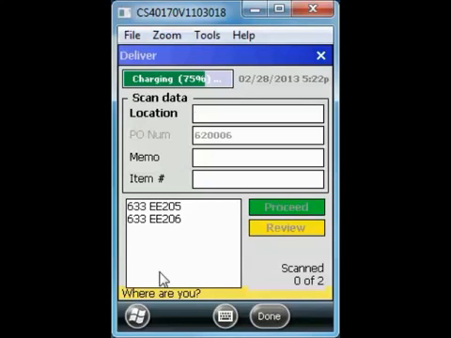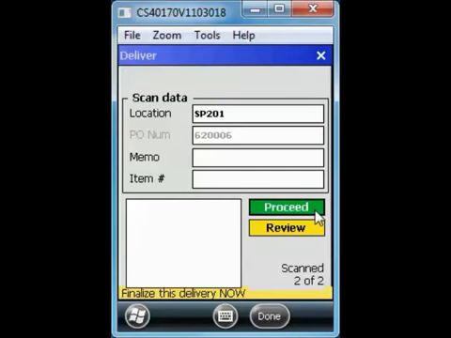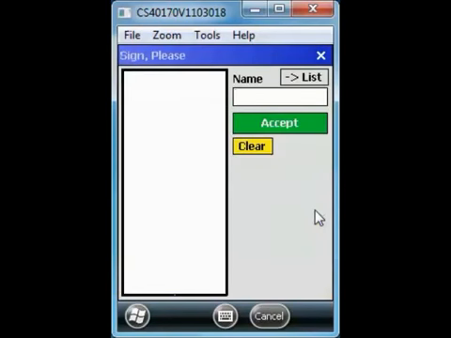We'll put in, when we get to the location, a location number, and then you can put a memo, or that's an optional field. You don't even have to show it if you don't want. And scan in the items that you're delivering. To finish the whole thing, you need to click the proceed button, and then you'll go to the signature capture